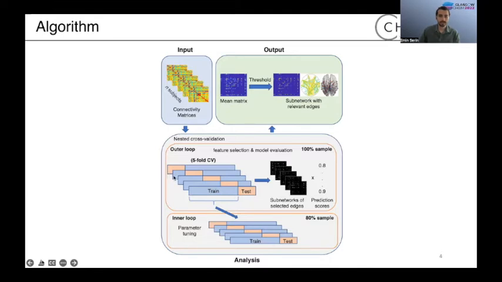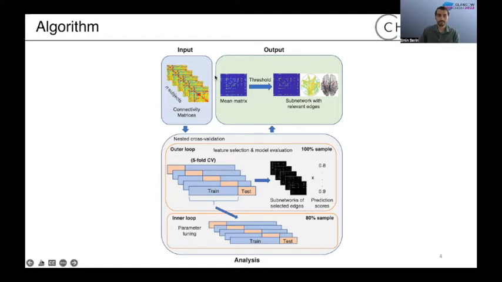those steps k times, for example 5 times in the case of 5-fold cross-validation, and then we get k different subnetworks and their associated prediction scores as outcome. We then multiply these subnetworks with their prediction scores and average them to construct a mean matrix. This mean matrix is a kind of final outcome along with the overall prediction scores.